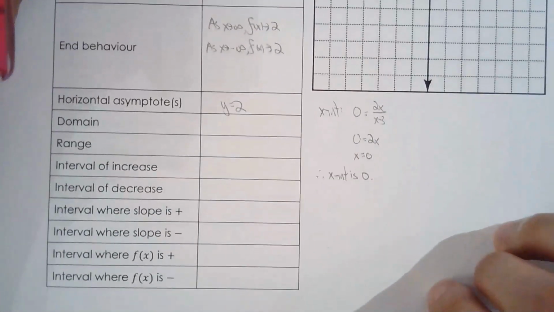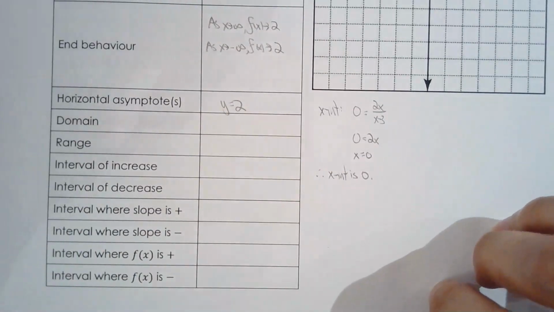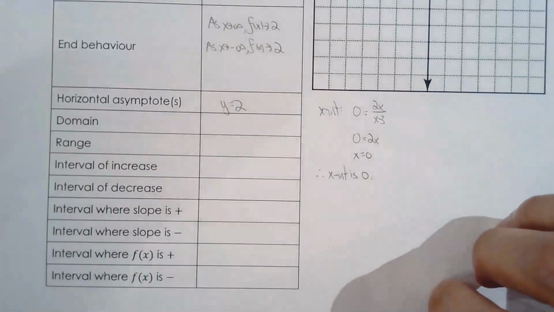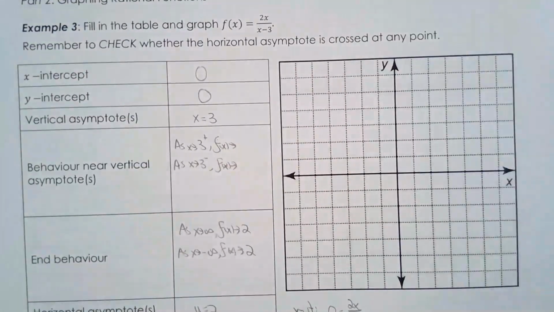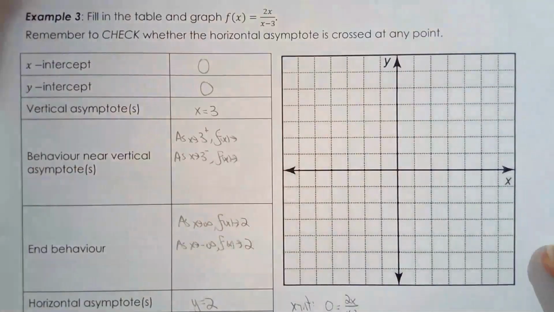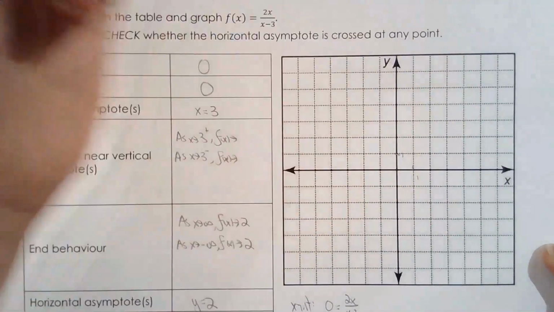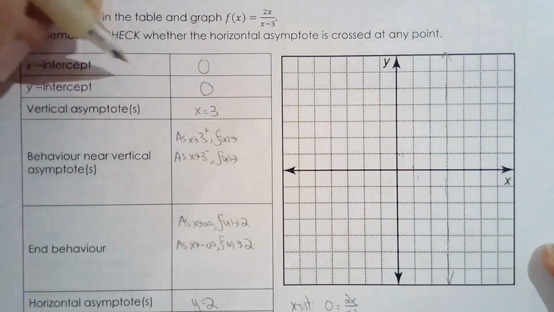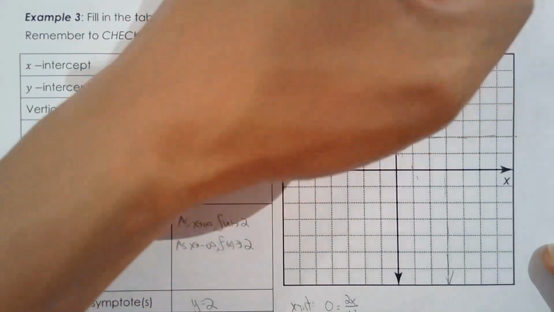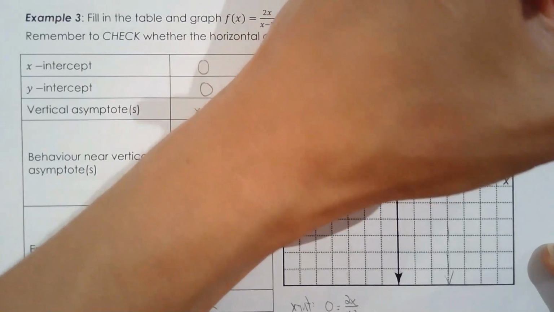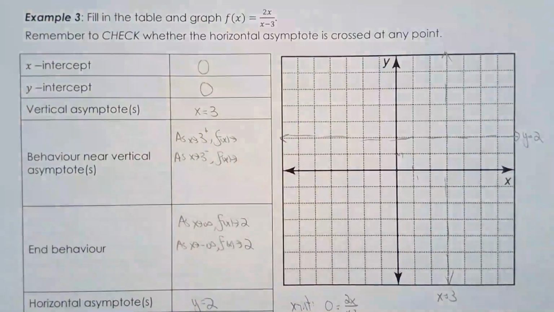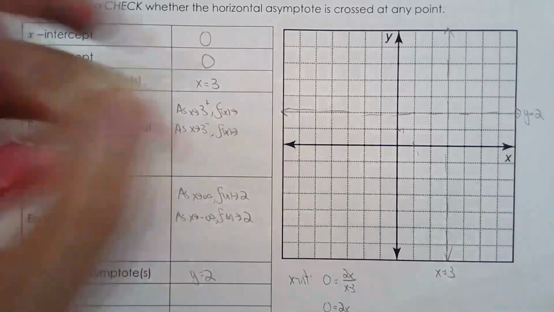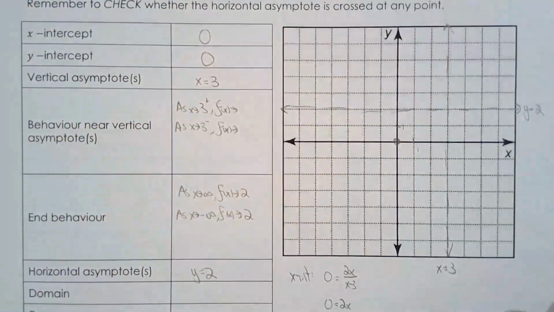So I'm looking at all these other cells I have to fill in. I'm just going to graph it. Once I have the graph, I'll tell you everything you want to know about the function. Okay? All right. So let's take a look here. The scaling we're going to do with 1, 1, 1, 2, 1, 2, 3. And then the horizontal asymptote y equals 2. X equals 3. There's one thing I have yet to do that I really should do, which is check